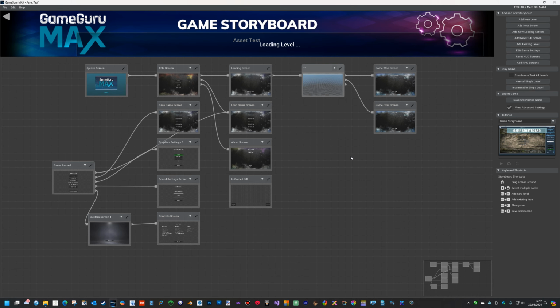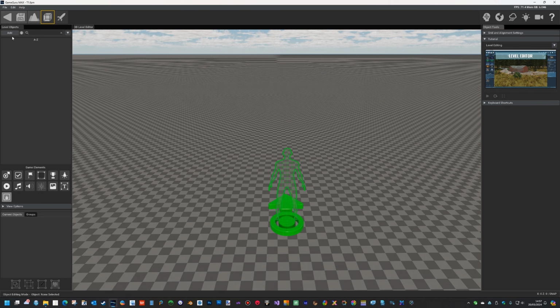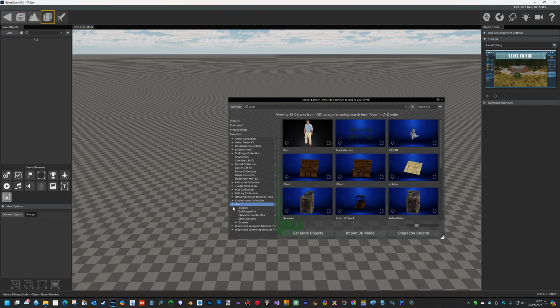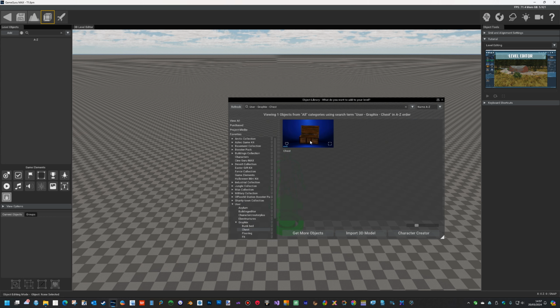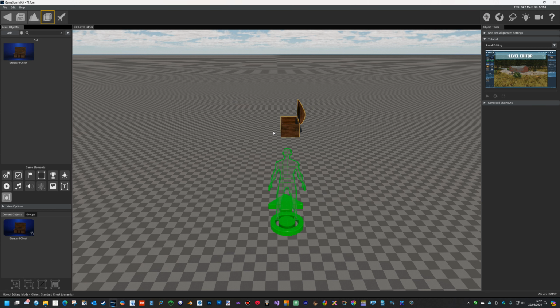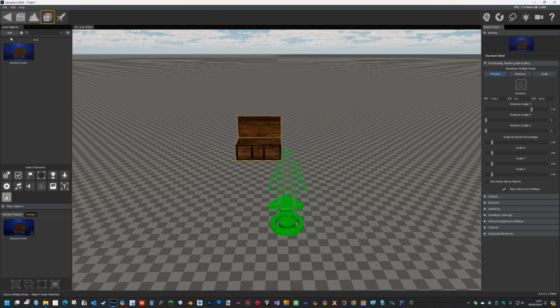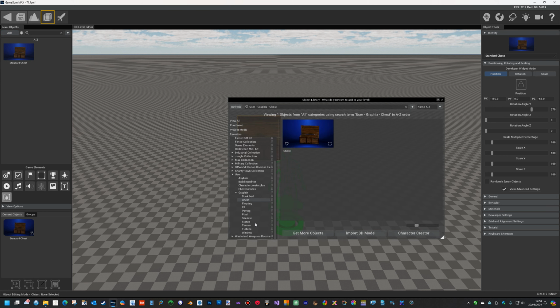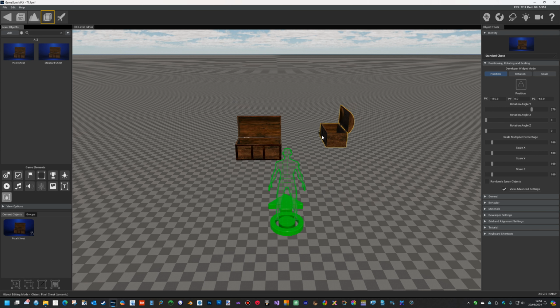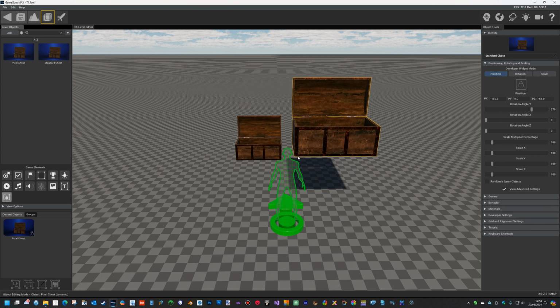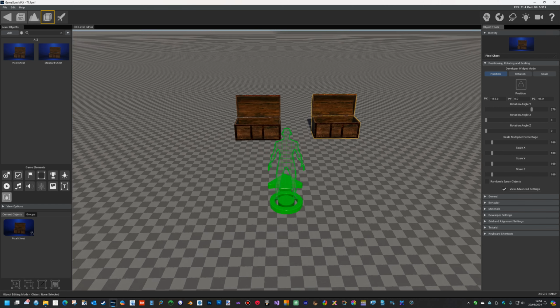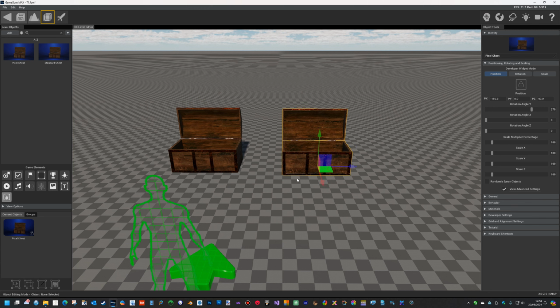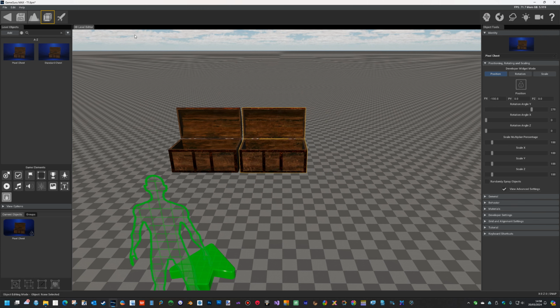Go to basic blank level. Add. Go to my user folder. There's the original chest. Just rotate it so we can see it. And then I'll add, should be a pixel folder. Can add that one, rotate it. Oops. Let's just get out of the way here. Okay, if I run that,